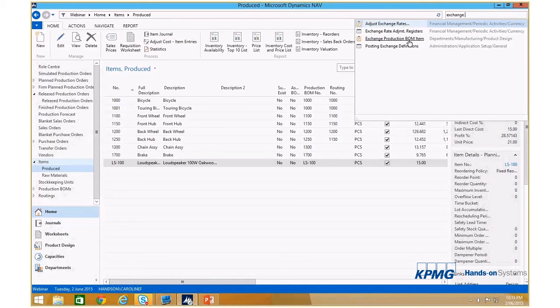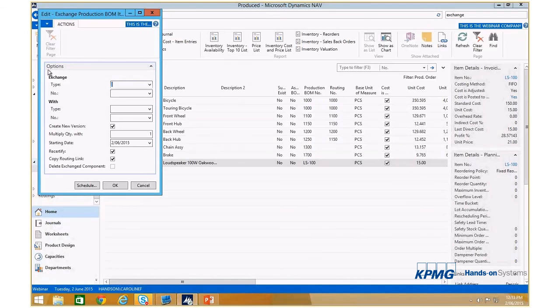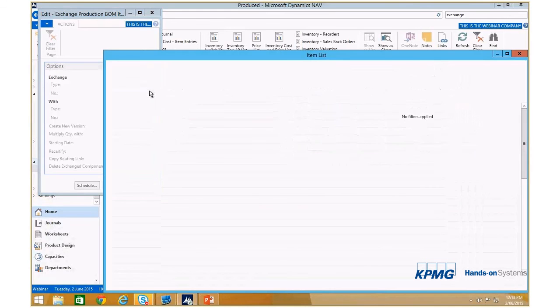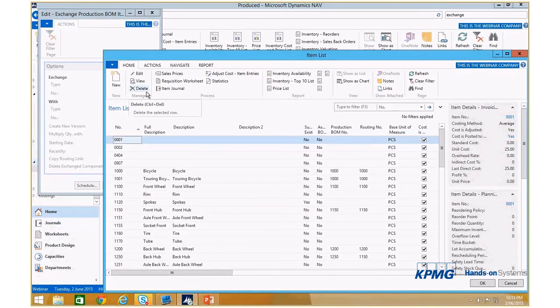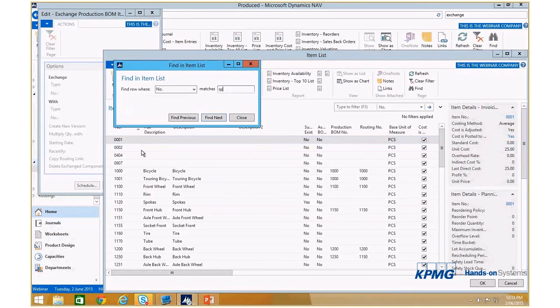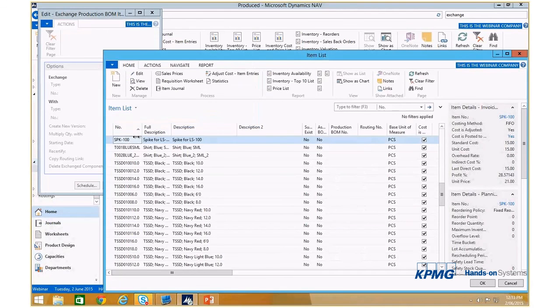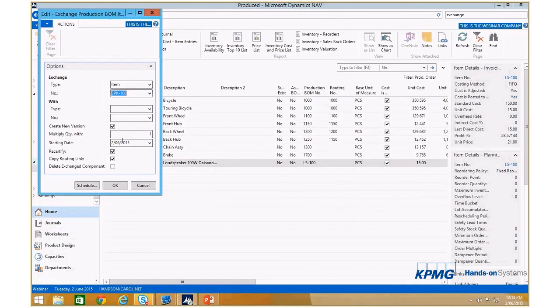We click on here and we say I want to change an item, and I want to change SPK, I want to change the spike, and I want to change it with my